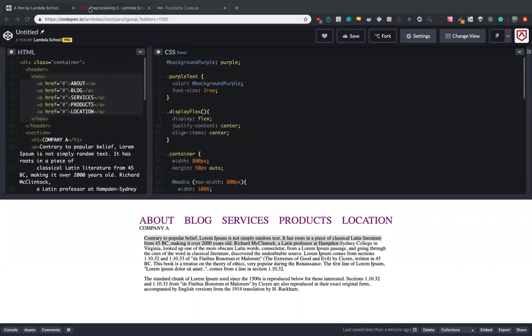All right, welcome back. So in the last lecture, we went over kind of the basics of Less. Today, we're going to go over some more advanced topics in Less and some ways to extend our Less code to be more dynamic and more reusable for everything. So the first thing I want to talk about is our